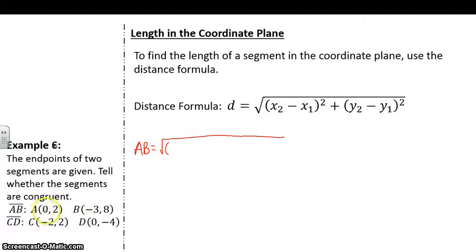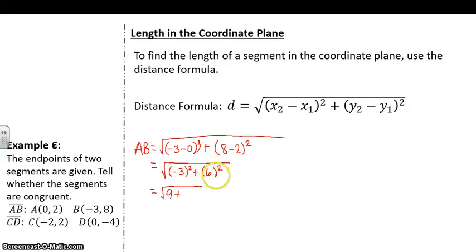My two x values here are 0 and -3. It doesn't matter the order that you subtract them in, so I'll just do (-3 - 0) in parentheses squared plus the y values in parentheses, I'll do (8 - 2). Now I've got my big square root still, don't lose that. -3 - 0 is -3, so I have (-3) squared plus (8 - 2), 6 squared. (-3) squared is going to be positive 9, and 6 squared should be 36. When you add those up,